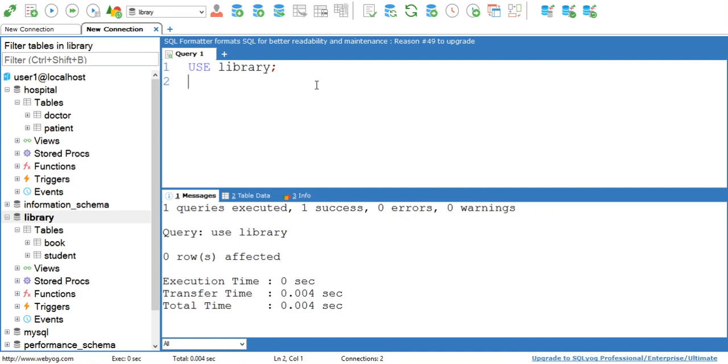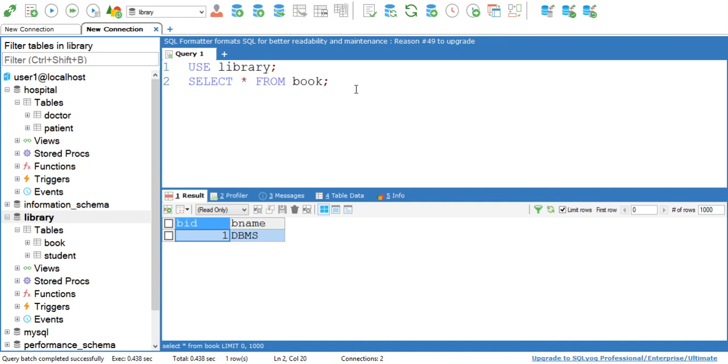See, database is open. Select star from book. So this is your book table. If you want to insert data into book table, insert into book values, you can insert data, okay, because we are having that permission.